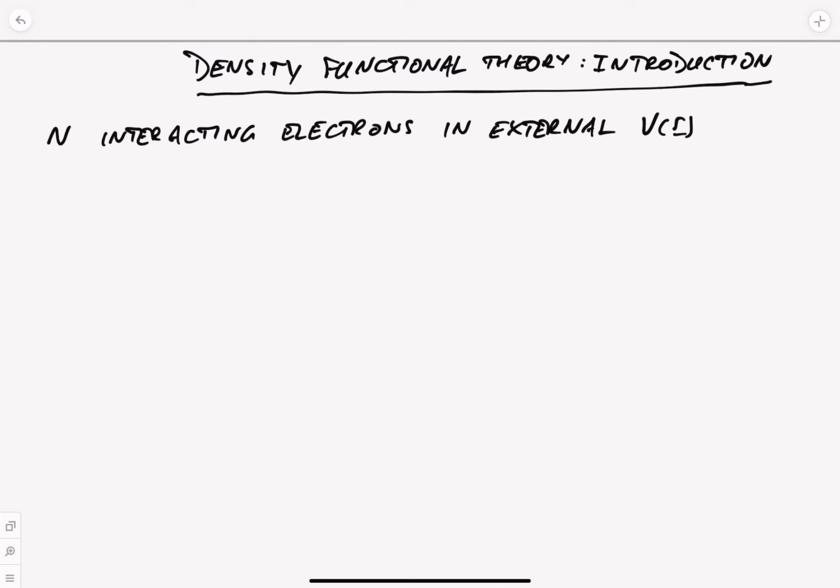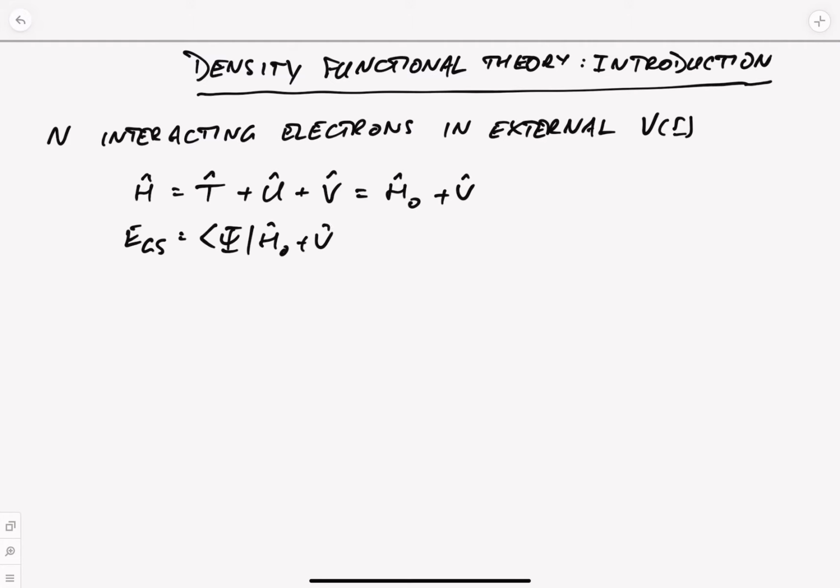The Hamiltonian can be written as H is equal to T, the kinetic energy, plus U, the electron interactions, plus V, the external field, and we sometimes choose to write that as H0, in other words the terms involving only the electrons, plus V. And then the ground state energy, E_GS, is given by the expectation value of the many-body wave function and the Hamiltonian, like this, where of course the wave function there has to be the ground